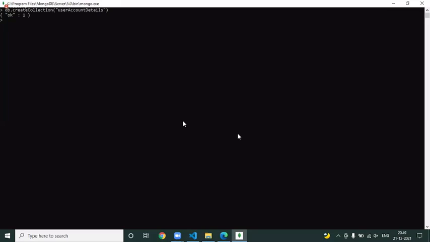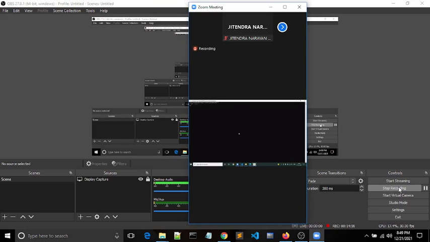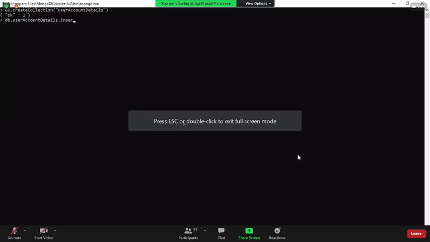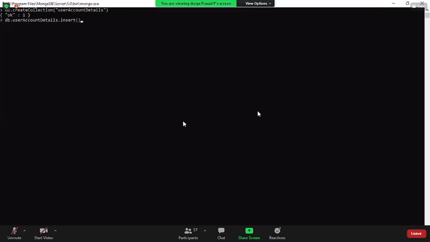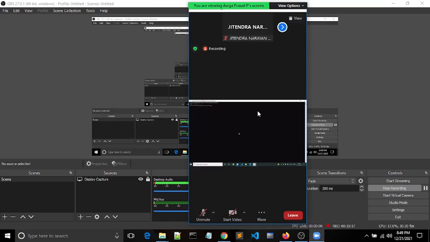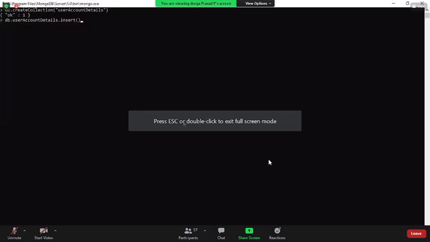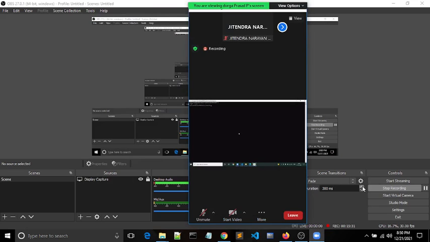Now, if you see, the collection got created. Okay, db.userAccountDetails.insert. insertOne is the predefined method, or you can simply say insert. Using this command, you can insert a single document into the existing collection. If you have an idea of an RDBMS like Oracle or SQL, there the command you have is insert into table values, where you specify what value you want. In the same way, here we have .insert as a method.